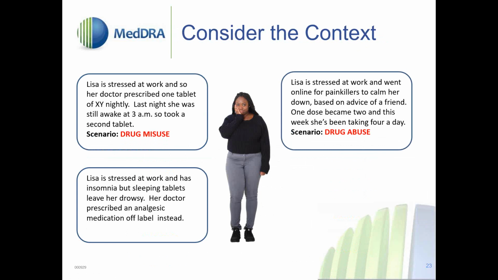In the third scenario, Lisa does not tolerate the sleeping pill. She is dazed after waking up, so the doctor prescribes her a painkiller off-label instead. Here we have a conscious decision by the doctor for therapeutic purposes, and we also know that this is an off-label use for an unapproved indication, an off-label use of the product, the medication. Please note that the 3 criteria which are required for the high-level classification as off-label use are met.